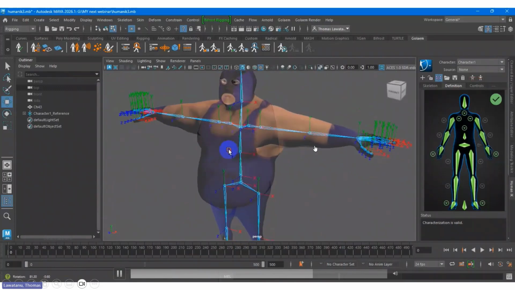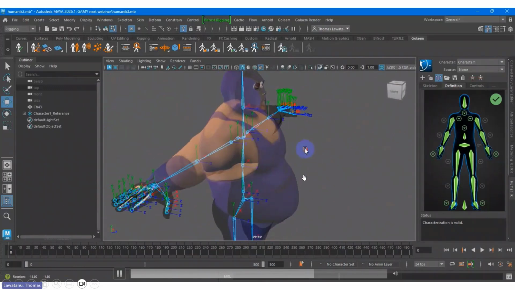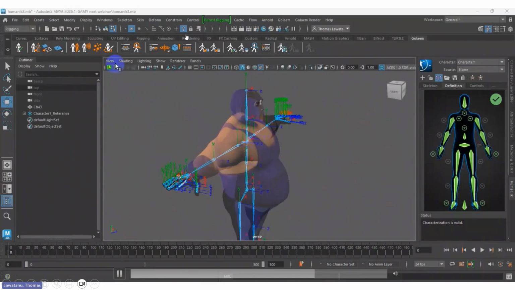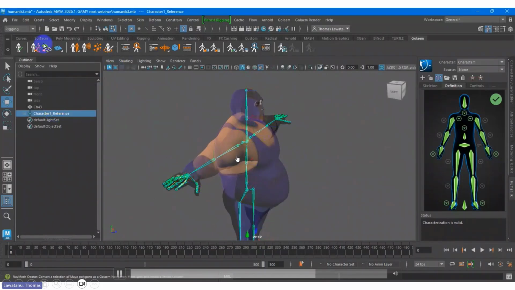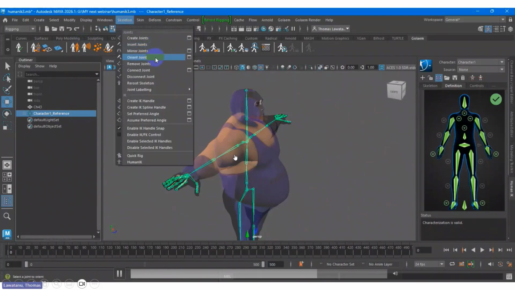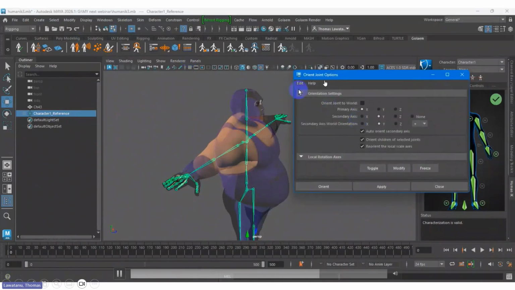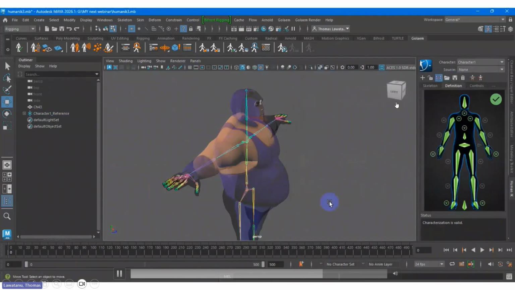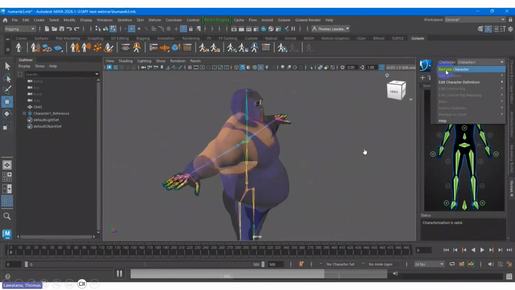By checking the orientations, if everything is okay and the same, you can create the orientation joint. These options set the primary axis as x-axis, y-axis, or z-axis. It depends on the orientation you want. Let's say standard, x-axis.